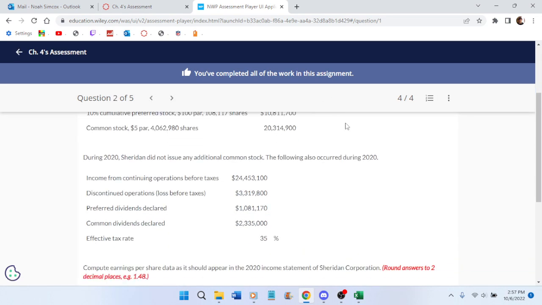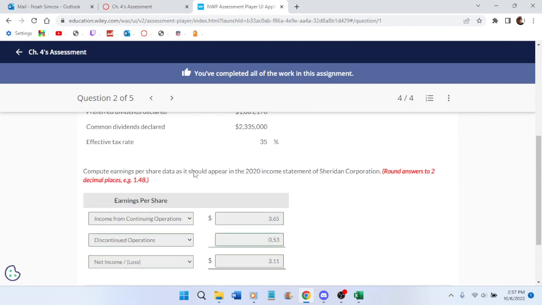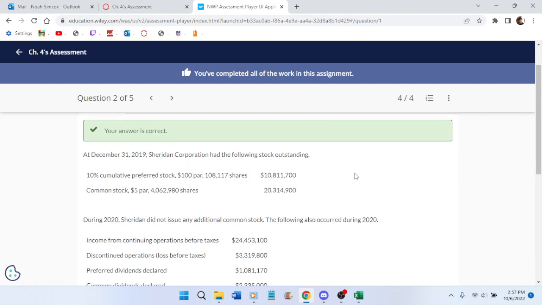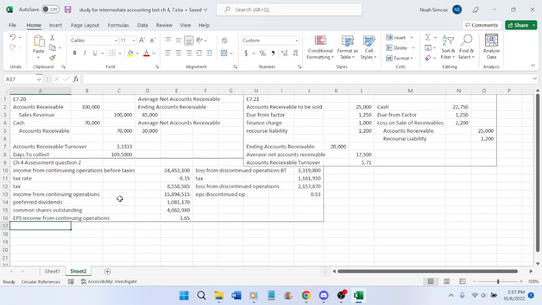Question 2. So now we have to compute earnings per share. Okay, so this was a confusing one, and I did that already. I studied that because that was one of the few questions I wanted to actually study, but maybe I should do it again just to be sure. We're going to do the entirety of Chapter 4, Question 2 again. Here's what I'm going to do. I'm going to do it on a separate sheet so that I can't look at this other one.